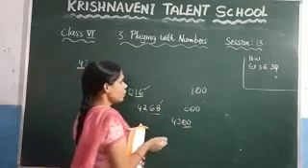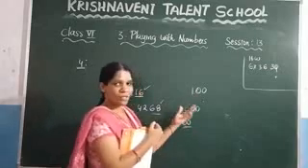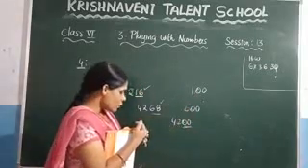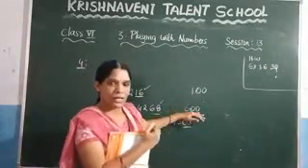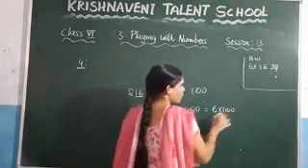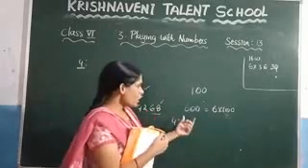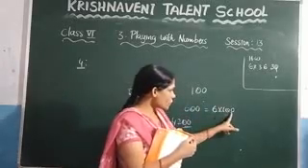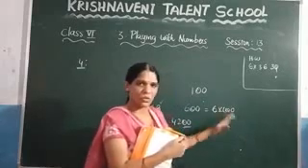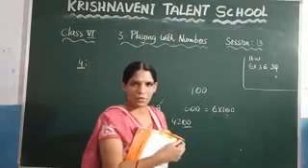Why? Because you know that 100 is divisible by 4, because 4 times 25 is 100. So here, if you see 600, you can write 600 as 6 into 100. What is the divisibility rule for 4? We need to check the last 2 digits. So if you write this one, what will be the last 2 digits here? Which is 100, and you know that again 100 is divisible by 4. So we can say that this number is divisible by 4.